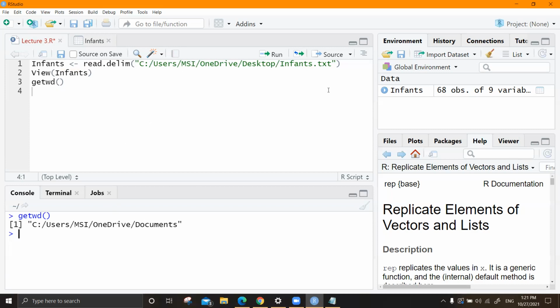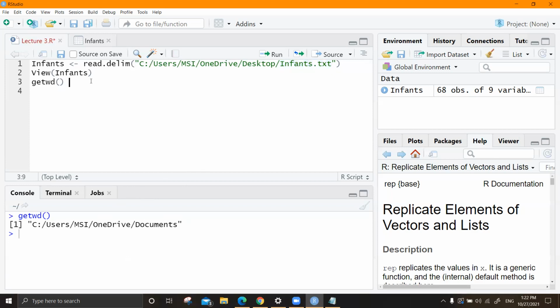In case I had my data set in this location, I really don't have to give all these things. I really don't have to specify everything. I just have to call read.delim within brackets and within inverted commas, and give only the file name, if this particular data set is saved in my working directory. But I can set my working directory to somewhere else.